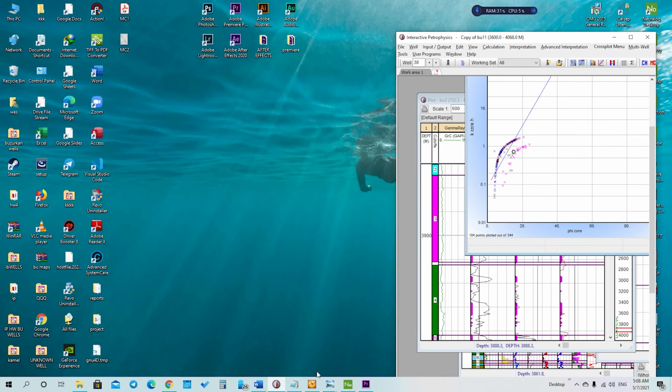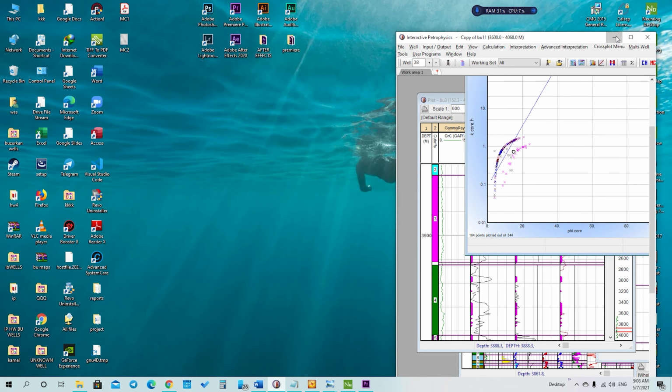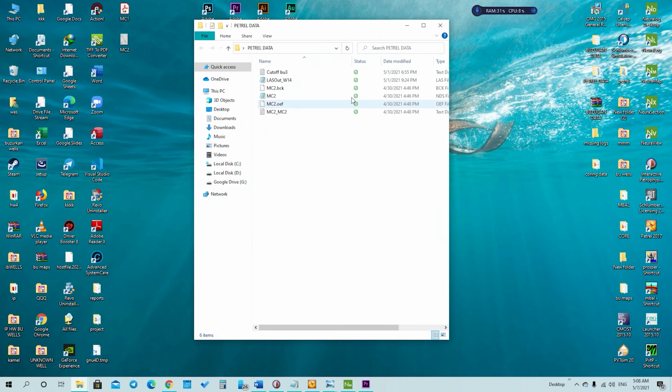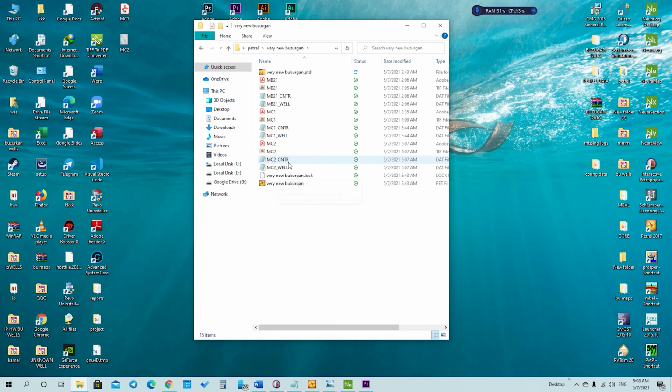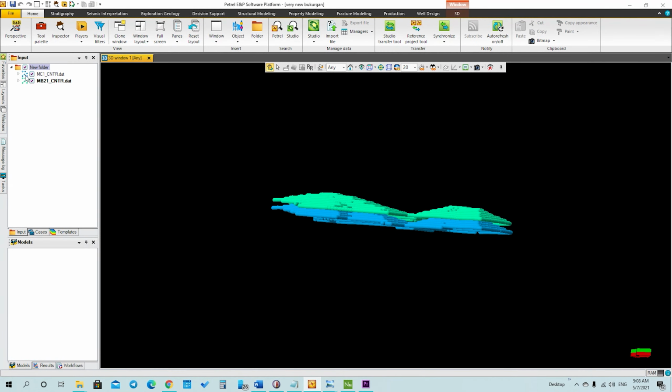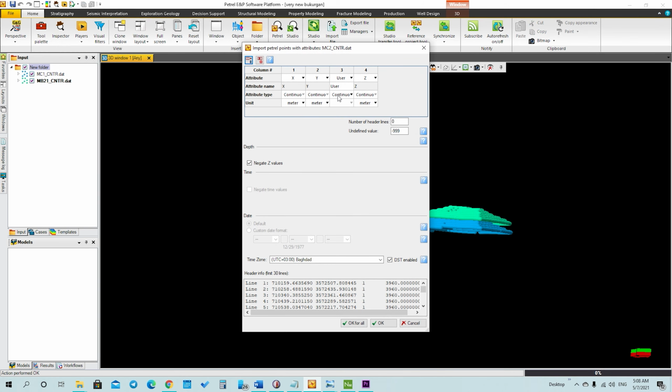Now what we have to do is upload it to Petrol. Upload these two files. I've put them in a folder on the desktop. I think it's here. Okay, these are the files that we have. Now right click on this and import on selection. Select the MC center in order to upload the map, and select it like this, and then